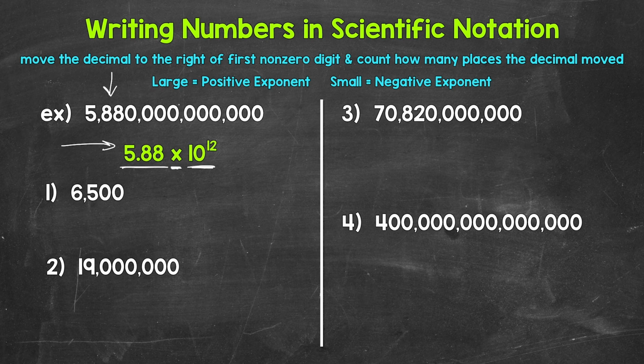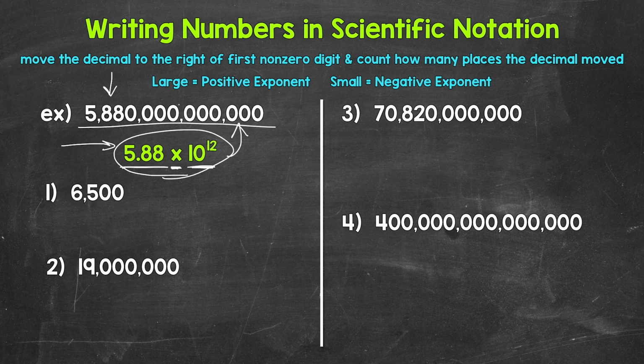Now, keep in mind, these are equal. 5.88 times 10 to the power of 12. So the scientific notation is equal to this number. So how do we go from this to this? Well, let's jump into our examples, starting with number 1, where we have